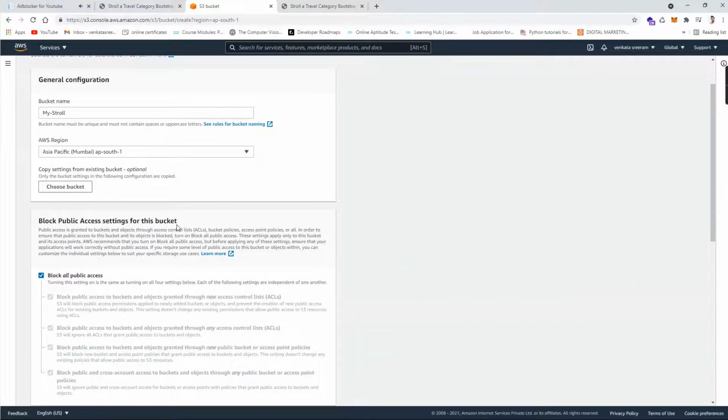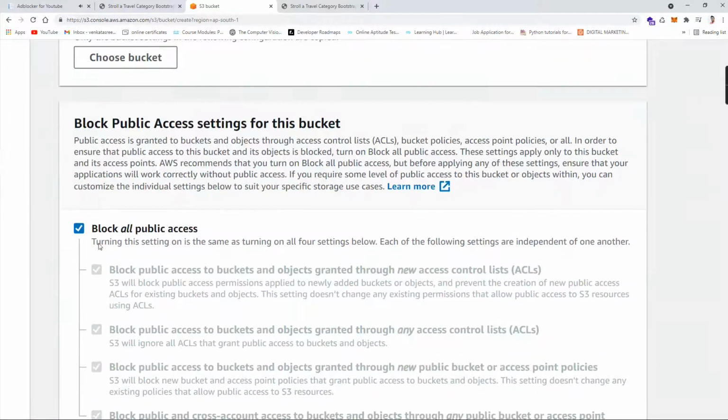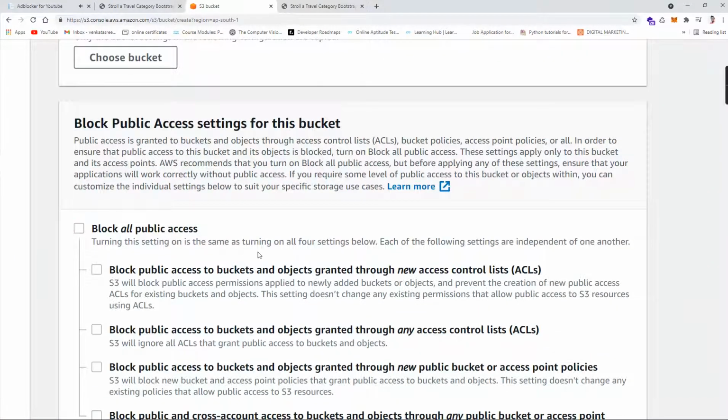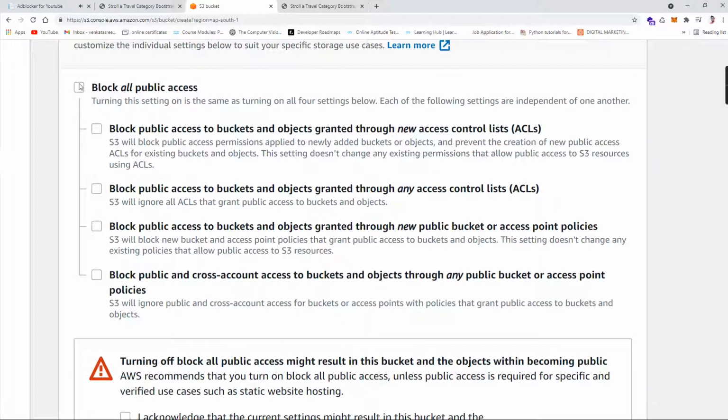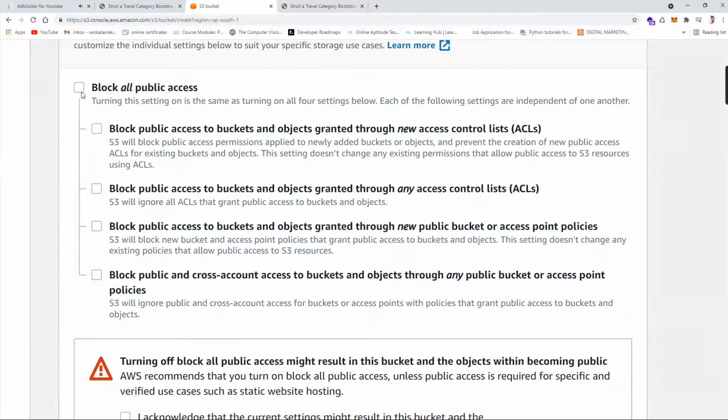Before I create my bucket, I want to give public access so that everyone can see my website on the internet. So I untick Block all public access. If we unblock this, we are enabling public access ourselves.